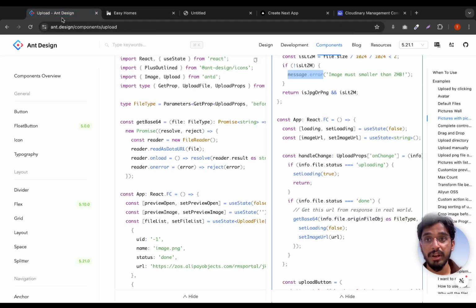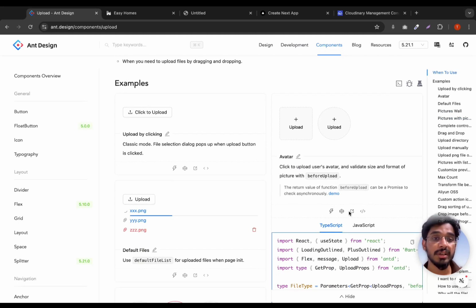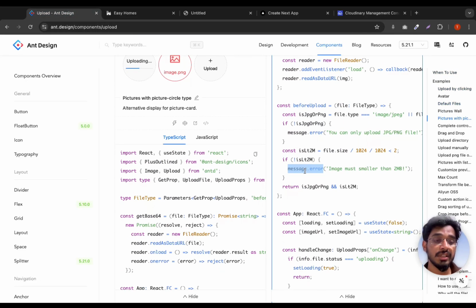So I am right now within the Ant Design upload component. You can just go to Ant Design and search for the upload component. This is the page which you will see. They give us some examples of how we can use different forms of upload buttons, and we will be using one of these buttons. Some buttons have extra features and some have different features. Some buttons have just one upload, while some have multiple uploads. So I'm just going to mix in some code from different components and create something like what I just showed you. Let's now go ahead and read the documentation and see how exactly we can implement